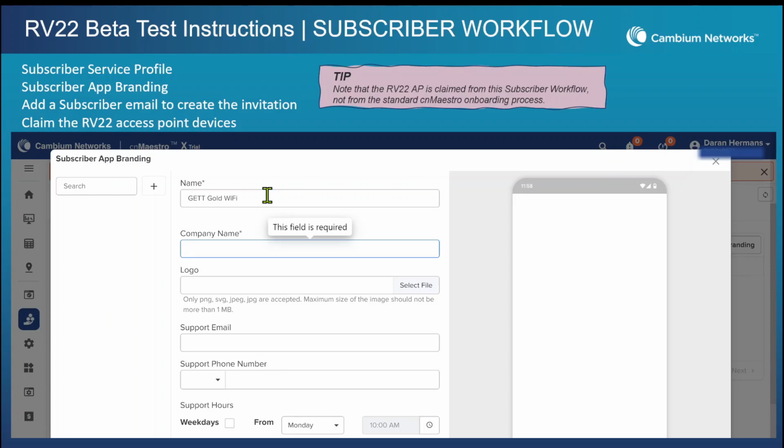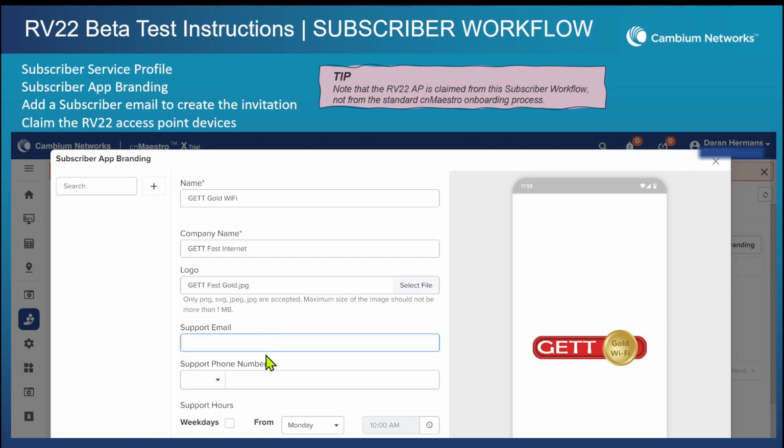We'll give it a name. This is going to be the name of the service that we're delivering. Put the company name in there and select the logo. Support email, phone number, select the support hours. Now these are going to be important because this is what's going to be displayed to the end user in